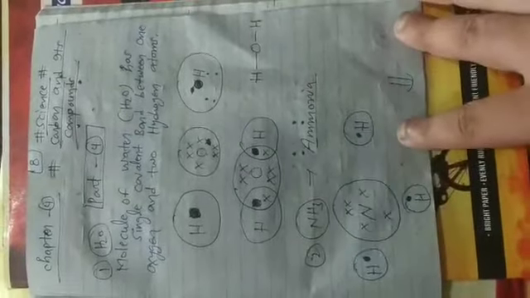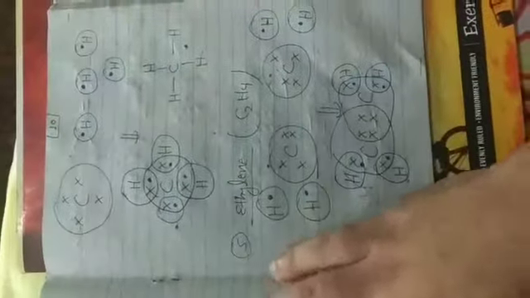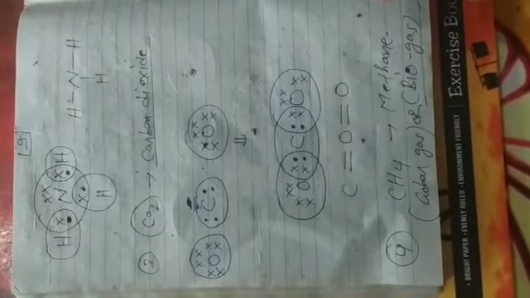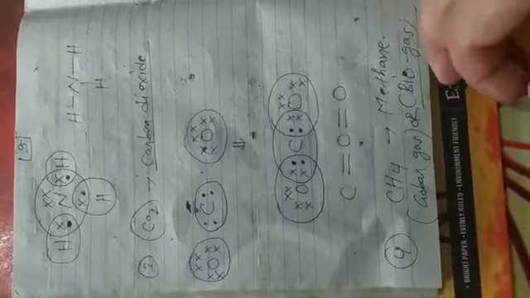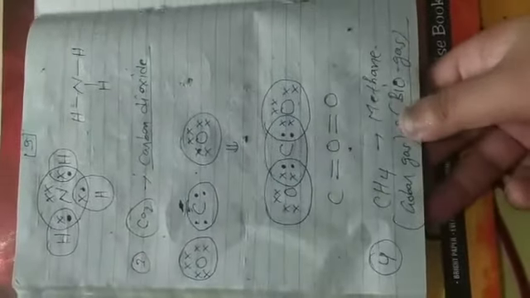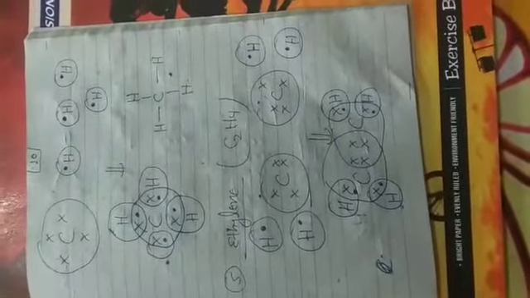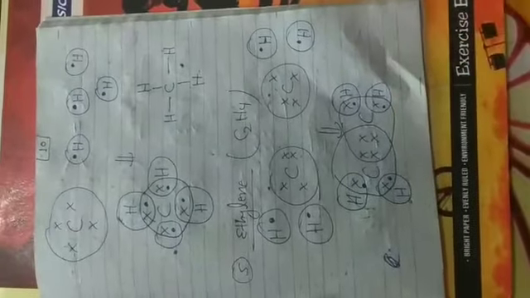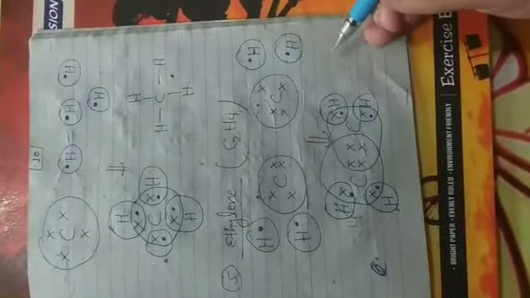Notes of this topic are as follows: the first structure is H2O, second is ammonia, third is CO2, fourth is methane, CH4, and next is ethylene, which is represented as